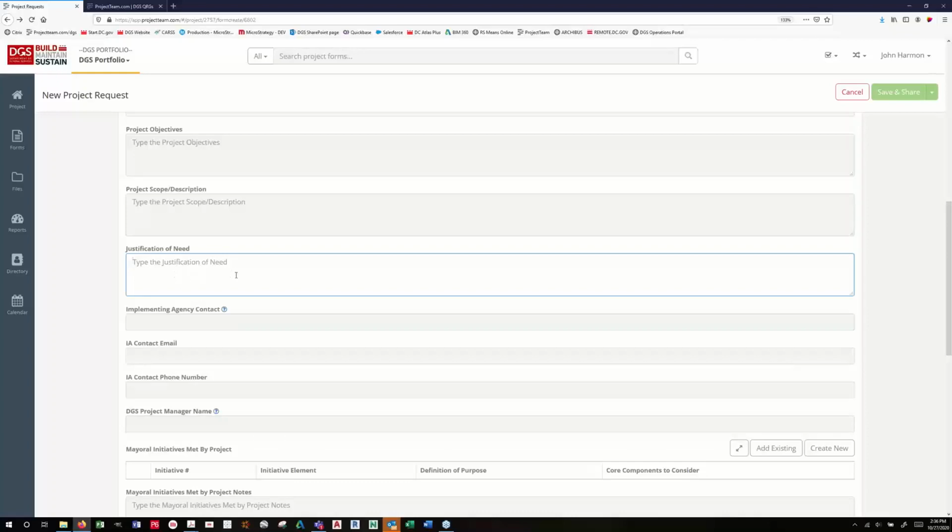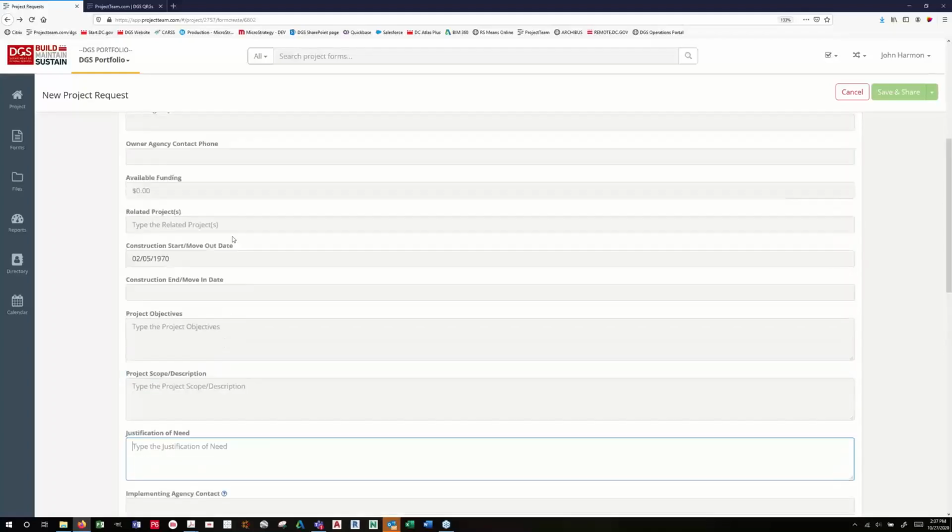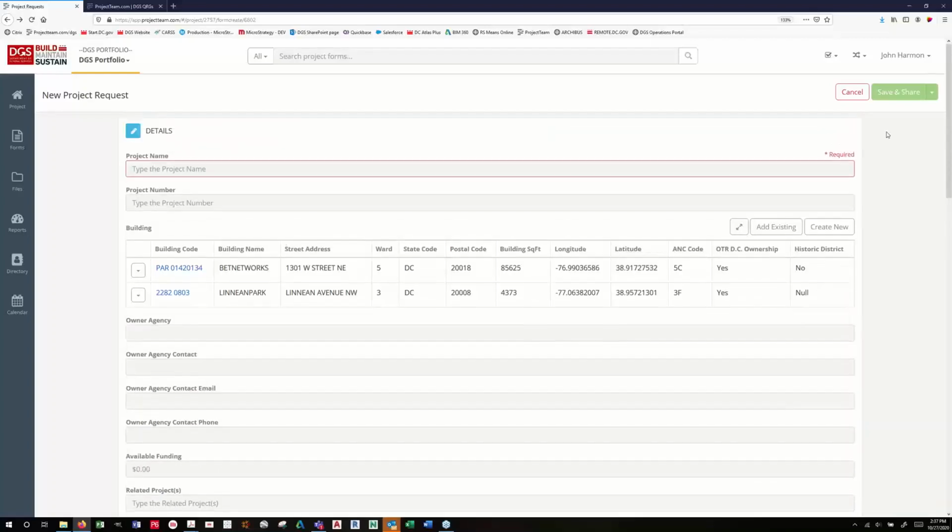This is really up to you as the owner agency to figure out what it is that makes this project need to happen. You've got extra staff, your lease is up, whatever it is. This is the extent of what you guys will fill out as client agency users. At this point, you would go back and just double check that everything's right. You would hit save and share, and you would share it with your client agency share group, and you would